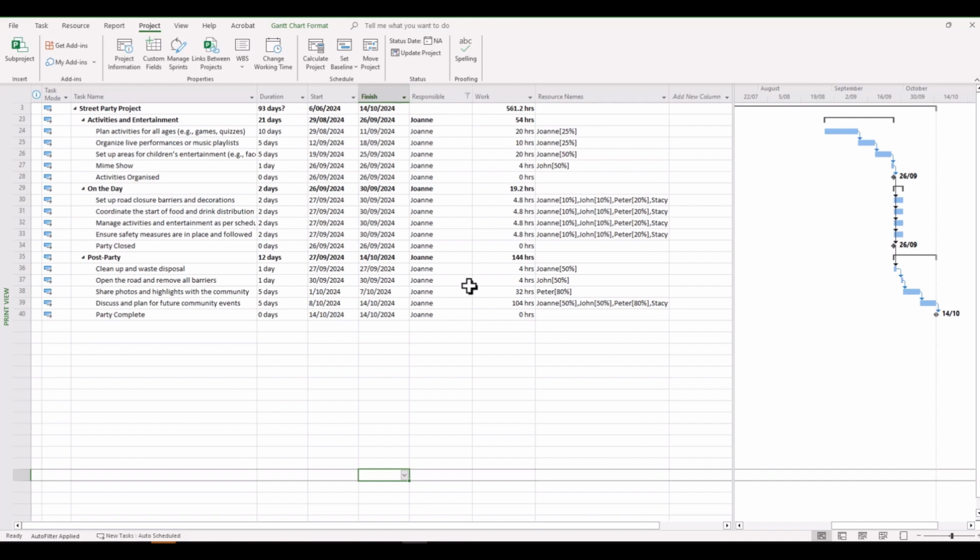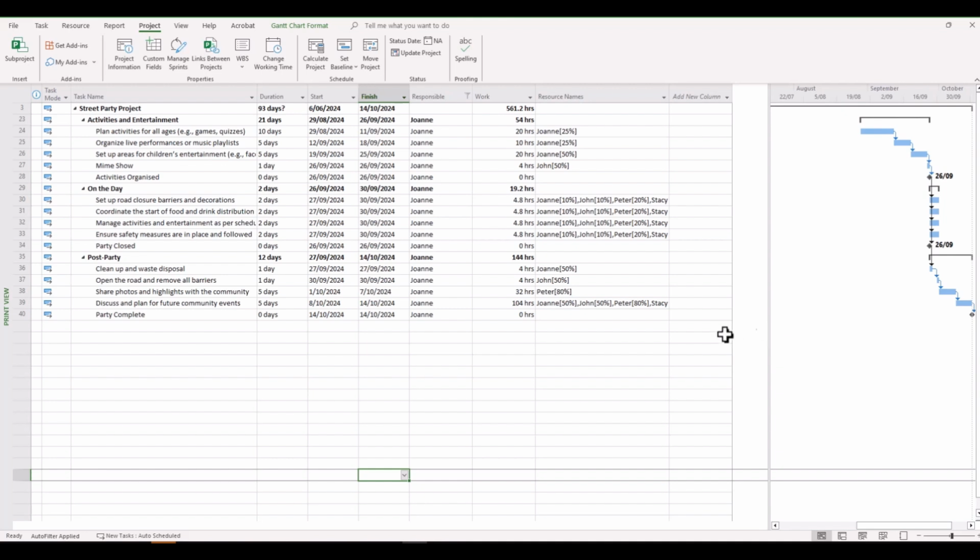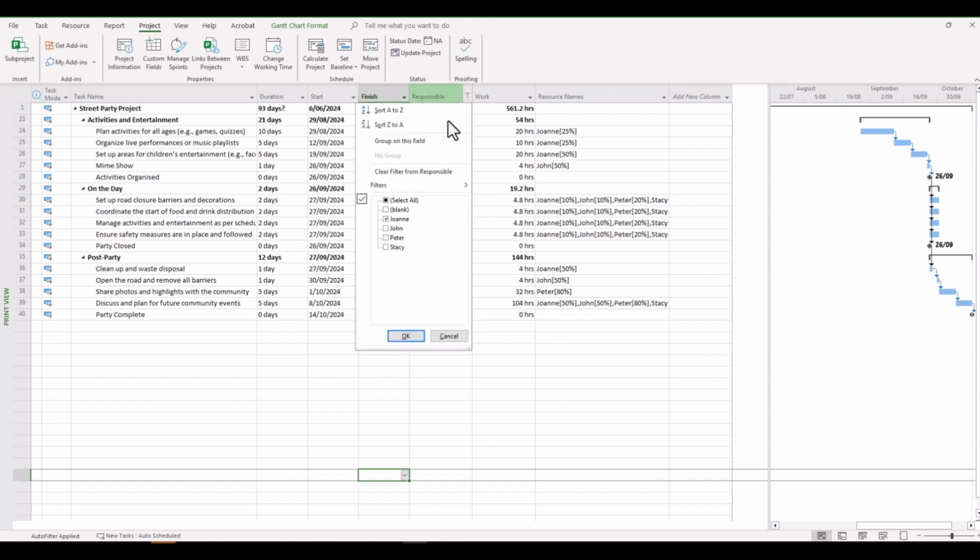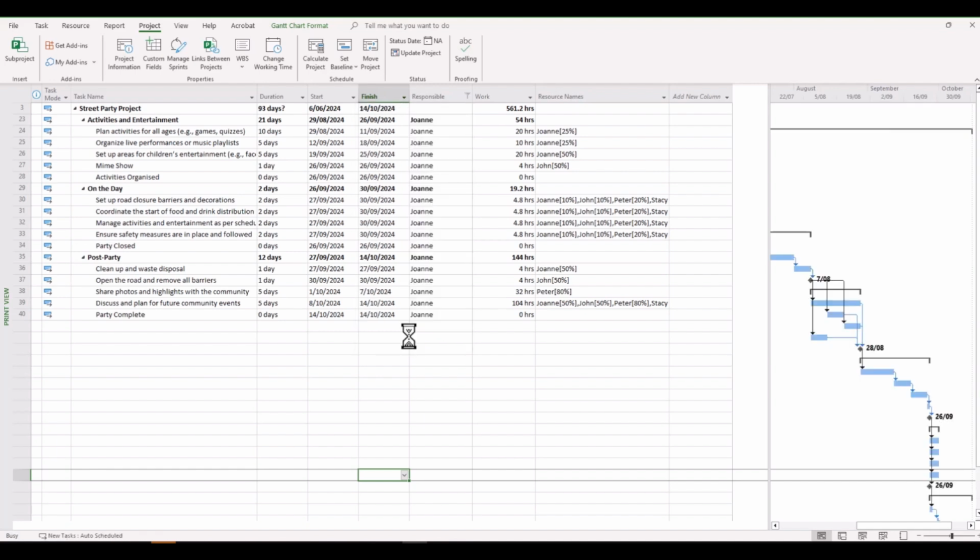What if Joanne has a threshold with regards to the amount of budget or spending that she's allowed to undertake in a single project? Often in large organisations there are thresholds or delegation limits to how much money can be spent by a particular individual. Well, once again, this is where the responsible function can come into play by filtering down to your staff that you want.